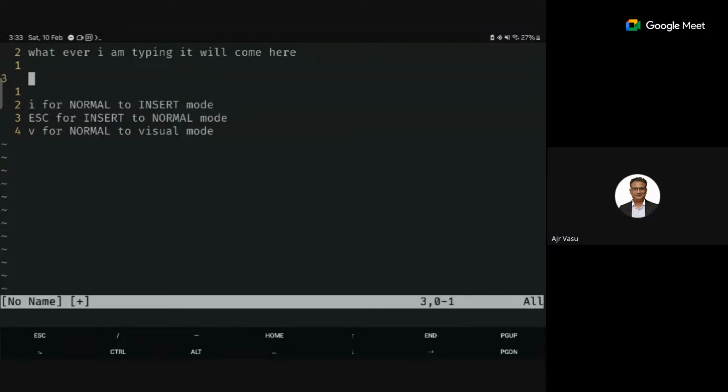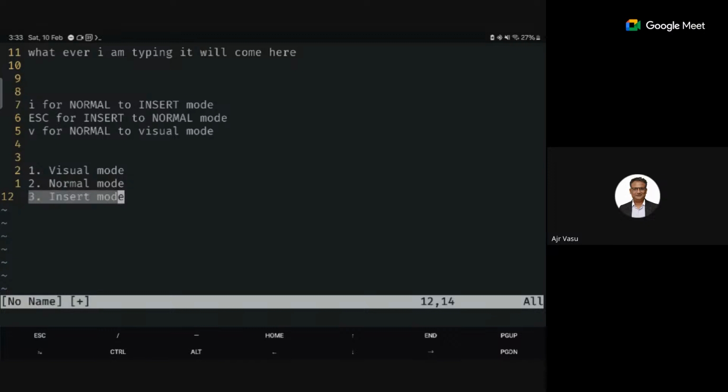So we have these modes: visual mode at the top level, normal mode, and insert mode. Currently, by default I will be in normal mode. If I press I, I get into insert mode.